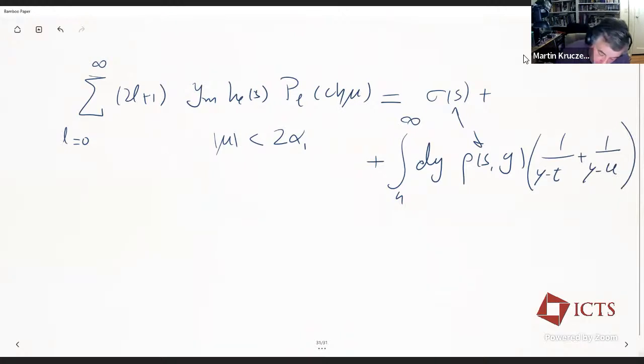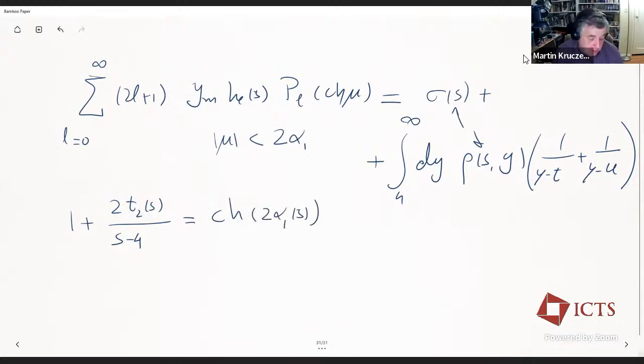And I'm going to define a value of t is a 2. People usually call it t2 of s. This is the cos mu. And this, I'm going to, by definition, call it a cos of 2 alpha 1 of s. And that means when t is smaller than t2 of s, this series converges, doesn't have any problem, and defines,